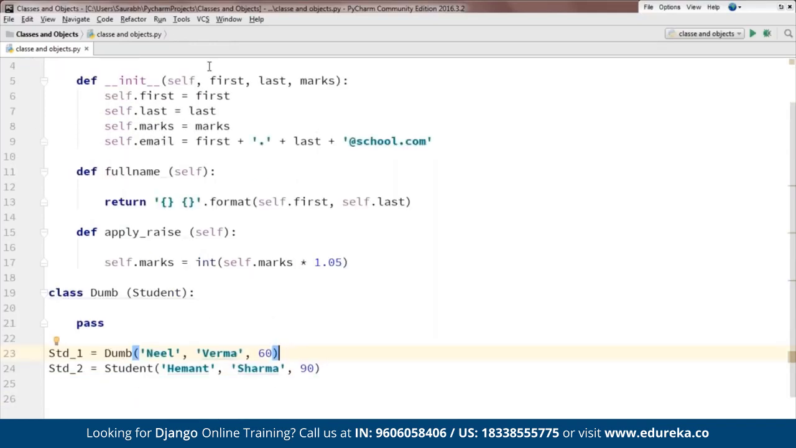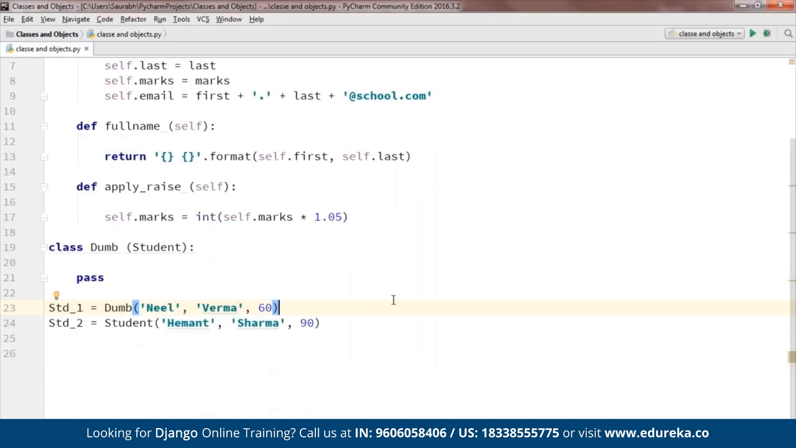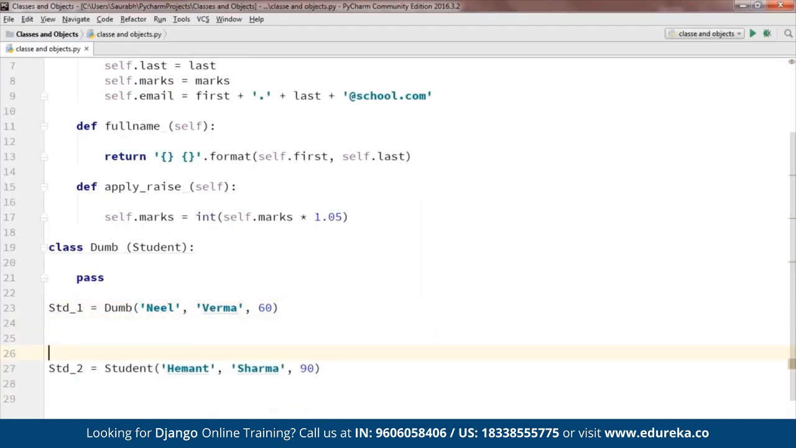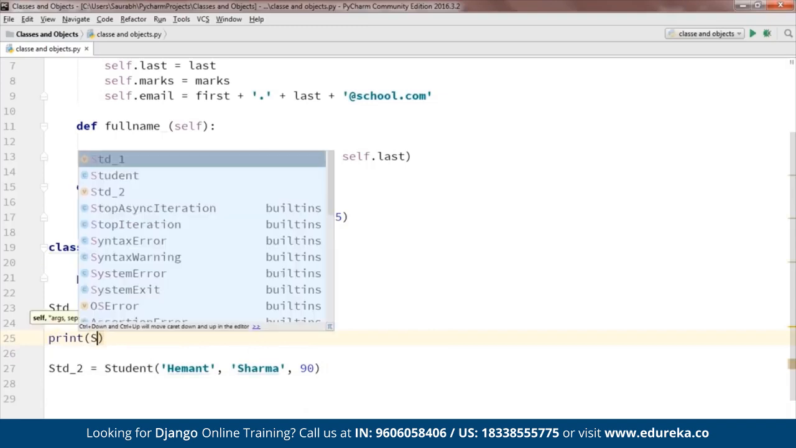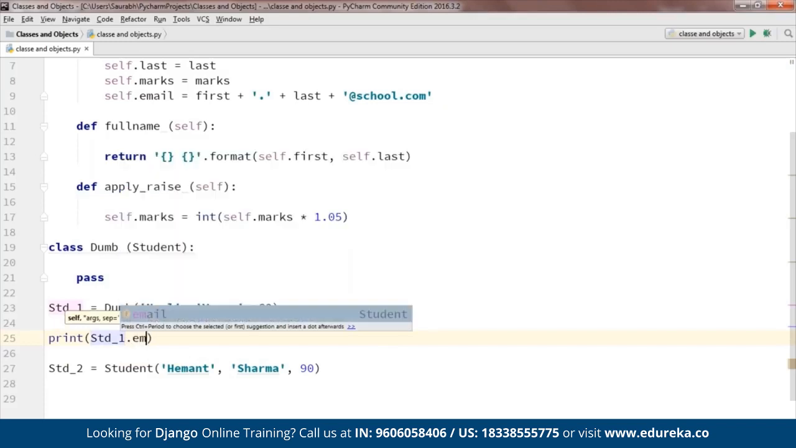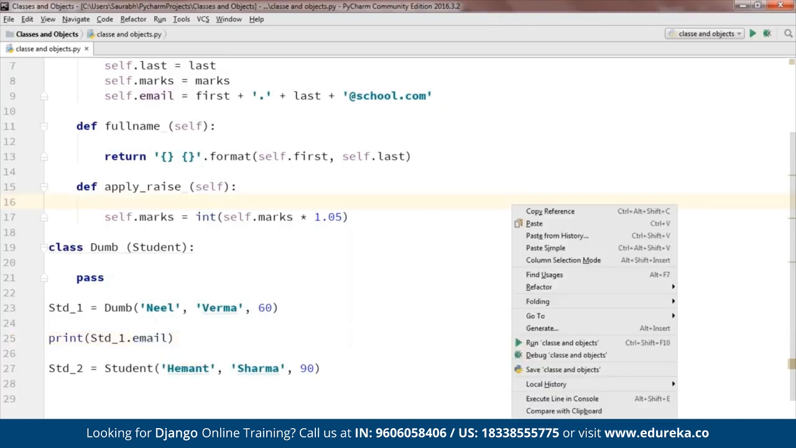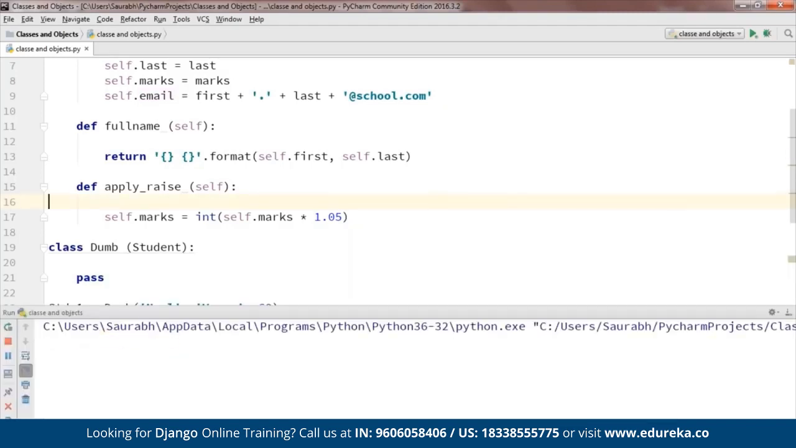So whatever functionalities were there in the base class, that is student, will be available in this dumb class. Now I'm going to print std_1.email. So the dumb student, that is Neil, his email address will be printed. Let us go ahead and execute this. Yup, so the email address of Neil is